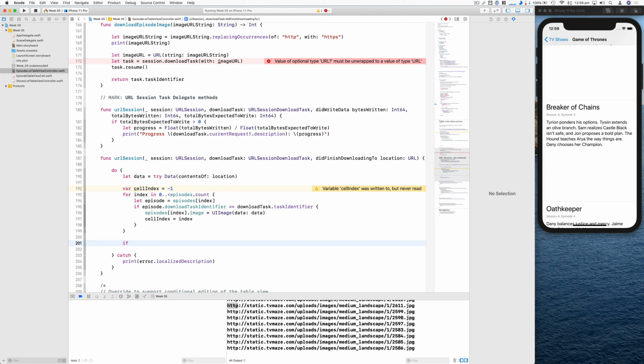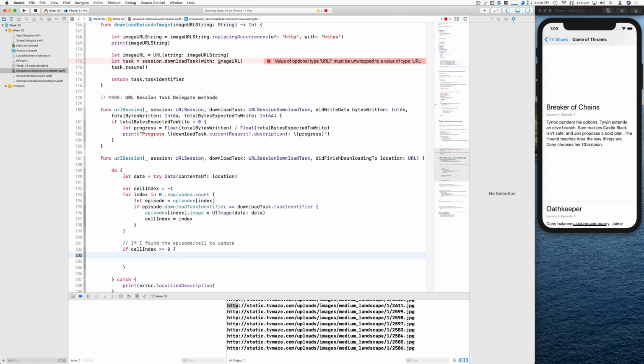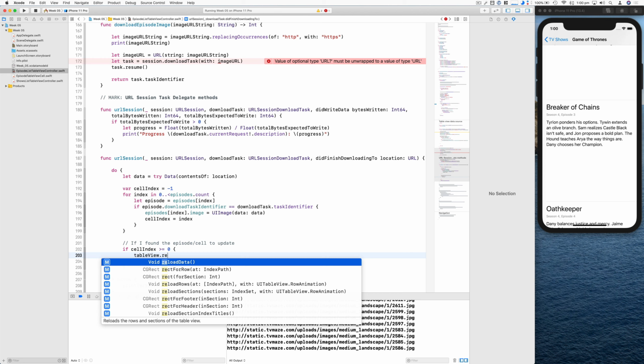So if my cell index is greater than or equal to 0, as in I found the episode cell to update, then we need to tell it to reload and add the image. And we know that we've already modified our code for loading the cell, so it's just a matter of getting it to reload. So to do this, I would say tableView.reloadRows